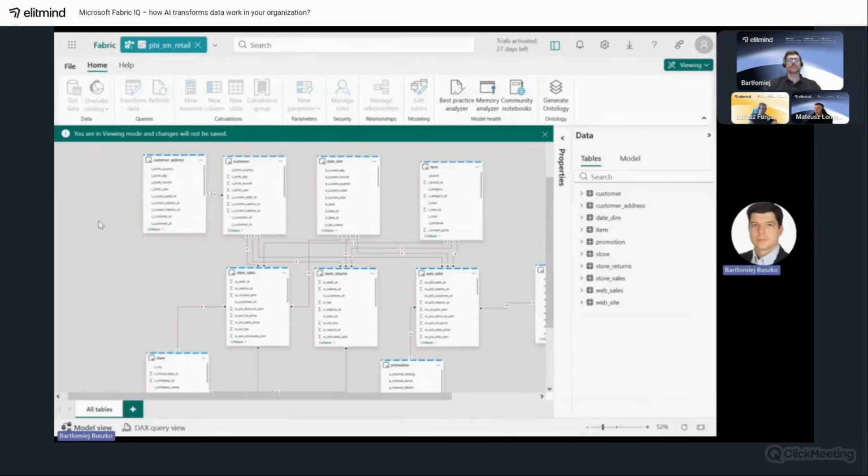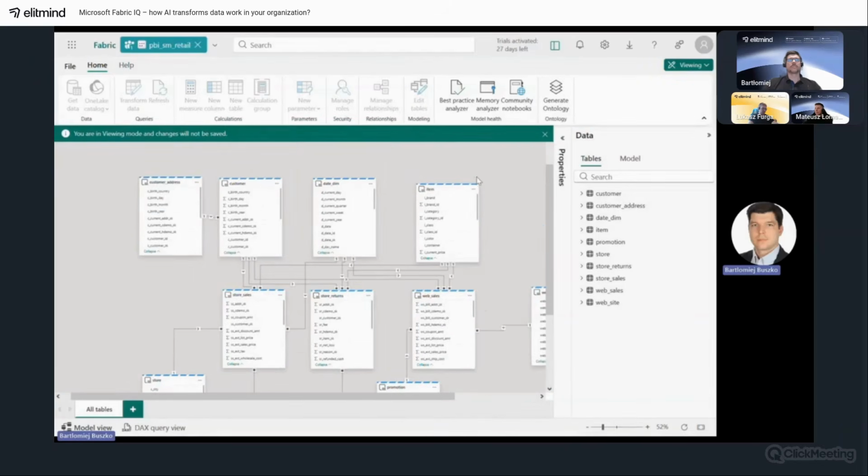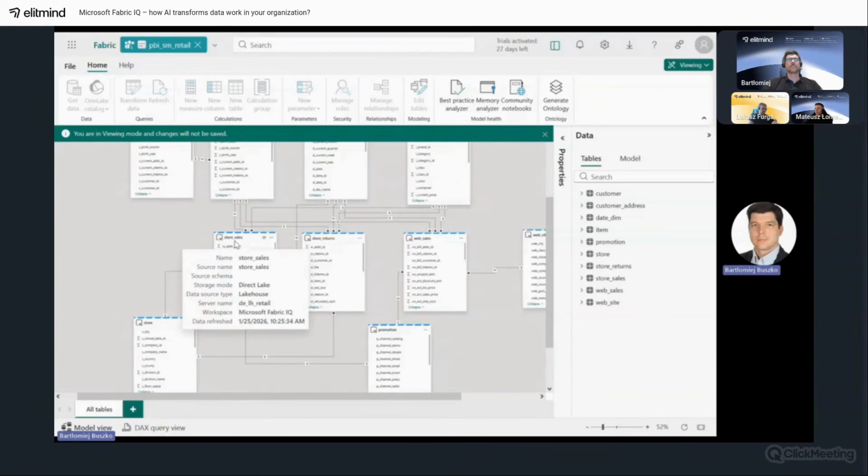This semantic model is based on some lakehouse tables, which are forming a star schema consisting of 3 fact tables with store sales, store returns, and web sales. In the webinar, we'll use mostly store sales and store returns.